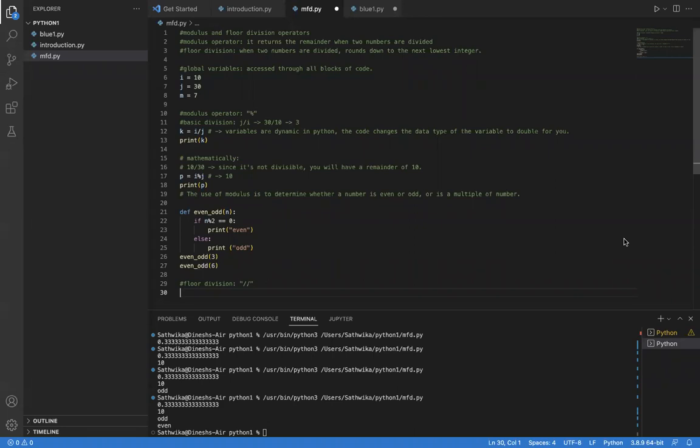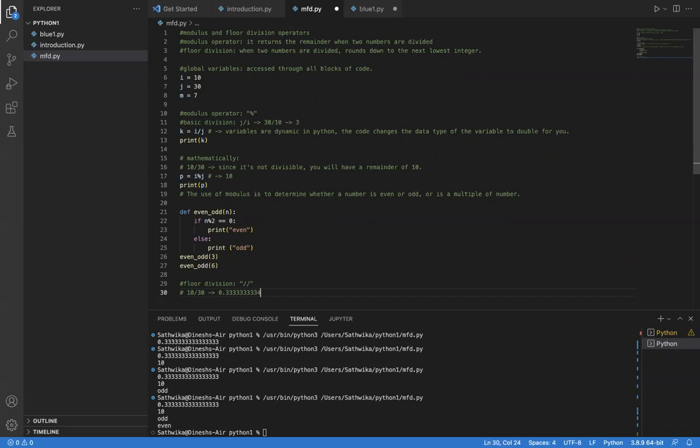Floor division divides two numbers, and whatever the result is, so say you go back to our example of 10 divided by 30, which resulted in